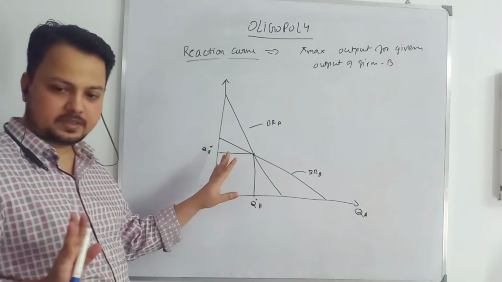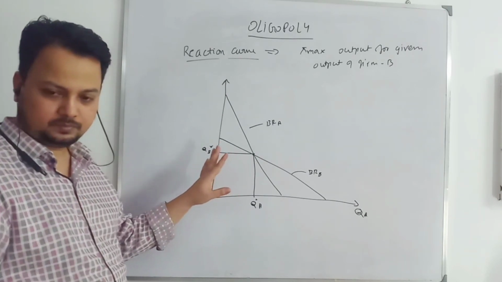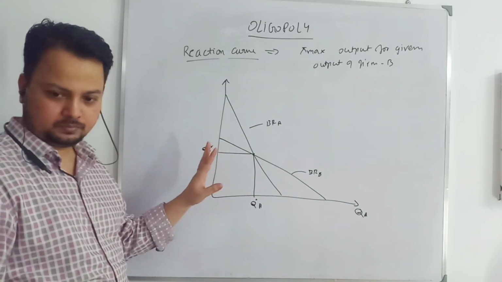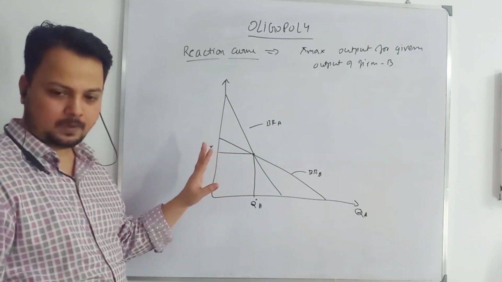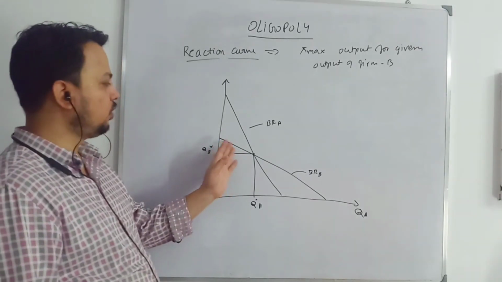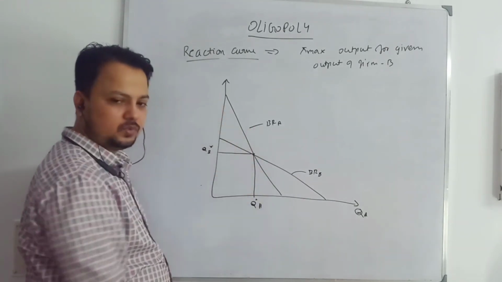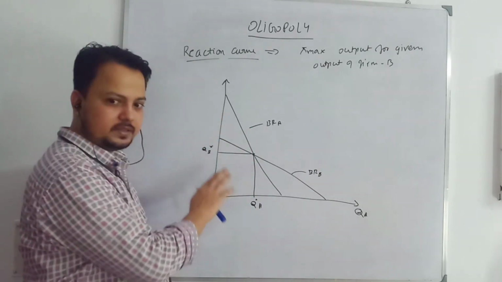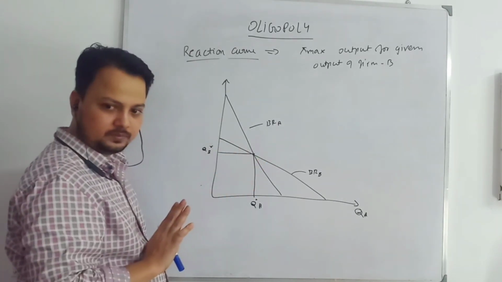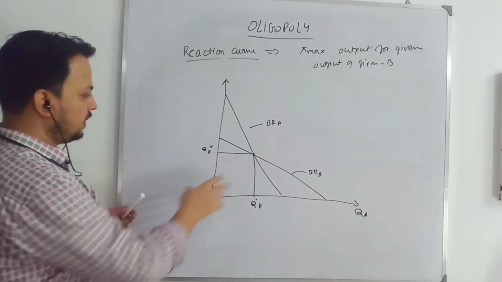Everybody understand, for a stable equilibrium, what is the requirement? Because if you are drawing, say, this is the reaction curve of firm A and this is for B, you check the analysis the way I am going to do now. You will not be finding it. There will be a deviation. That is why. So this is the equilibrium.